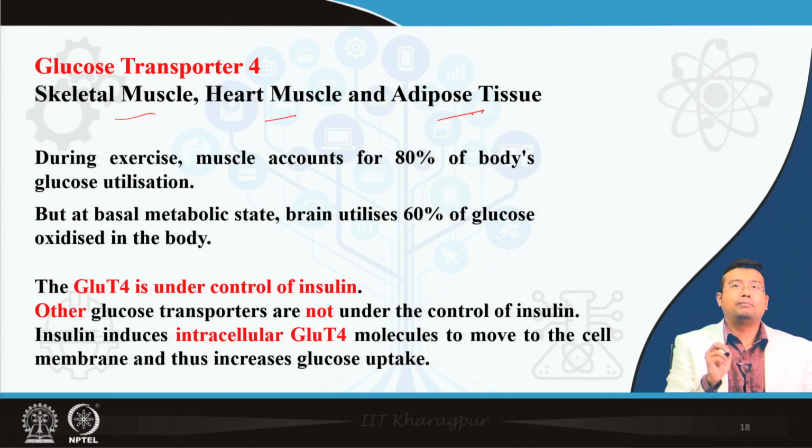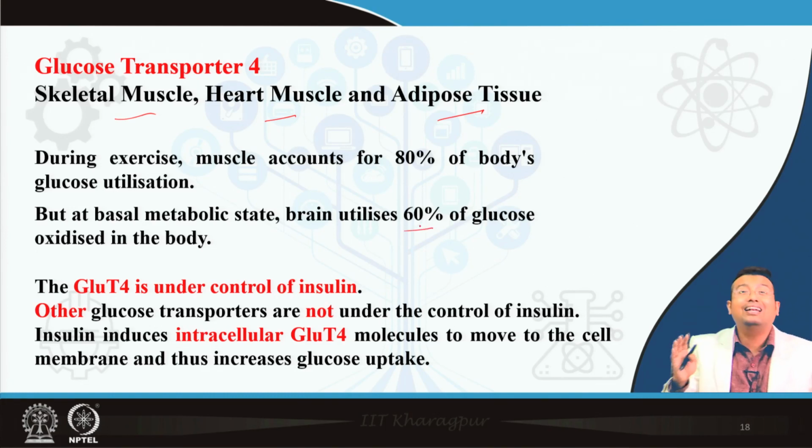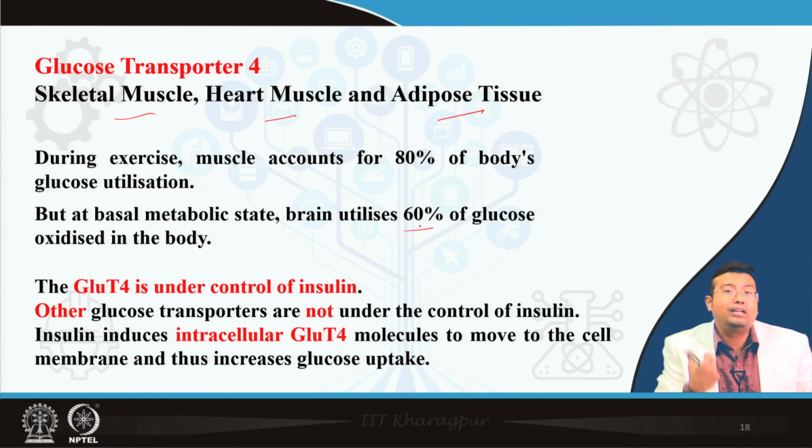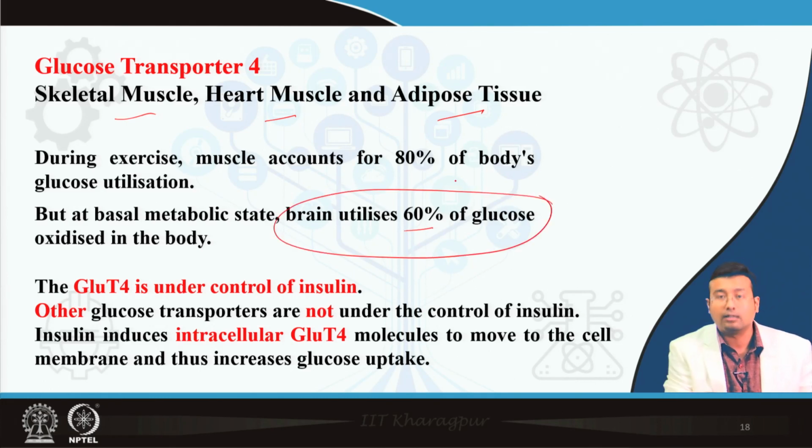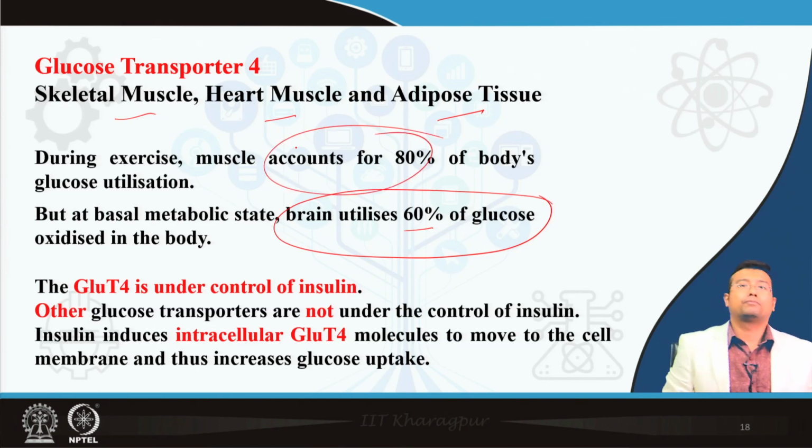But at basal metabolic rate, the brain utilizes 60% of glucose. So mind it, when we are not actively working, basal metabolic rate means during sleep actually, when nothing else is working, the brain is the main source of glucose utilization,